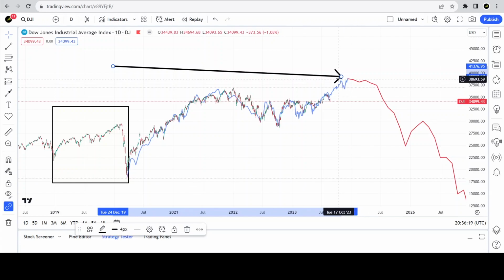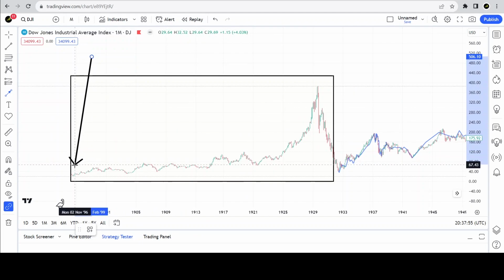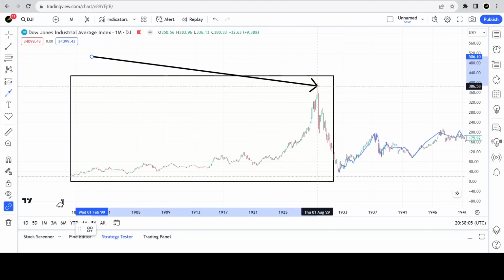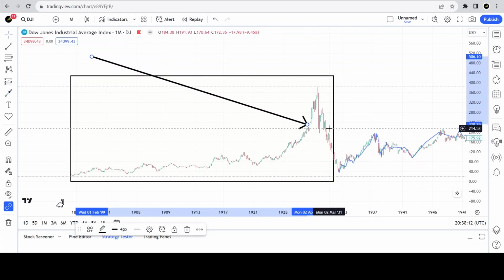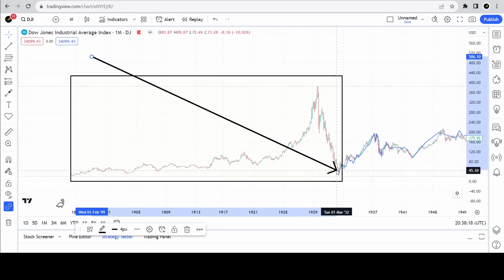So this is one fractal that is at play on the Dow Jones. This is not the only fractal at play. In fact, this is the weaker of the two fractals at play on the Dow Jones. Let's zoom further out and examine the bigger one. Okay, so here we are back at the very beginning of the Dow Jones. This began in 1896. If you were to take this entire structure that culminates in this peak here in 1929 and the crash, the ensuing crash that takes place over here, that bottomed out in 1932, I believe it was,